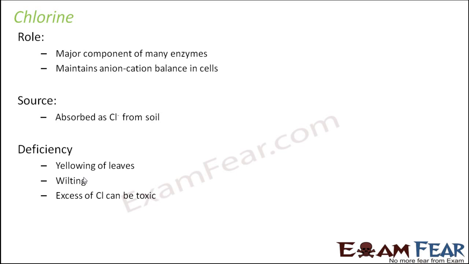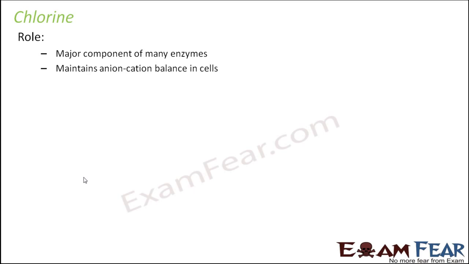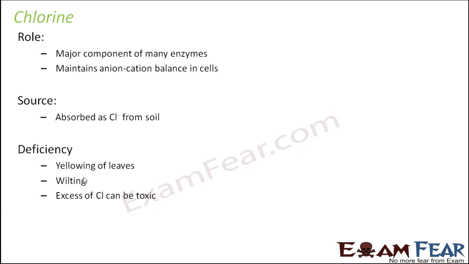So in photosynthesis, what does chlorine do? It helps to split water to release oxygen, because during the process of photosynthesis oxygen is sent out. So this oxygen is basically taken out from the water, and that is called water splitting reaction. So chlorine takes part in that water splitting reaction of photosynthesis.